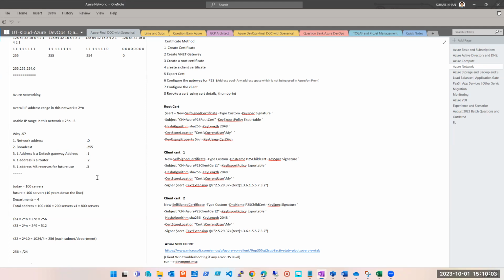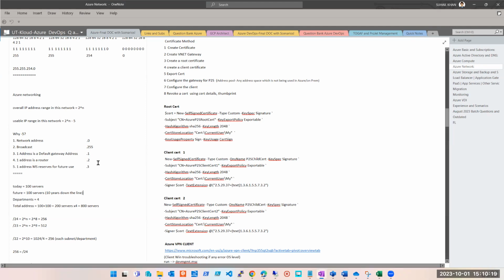And dot 3 is reserved for future use or some troubleshooting purposes. We don't have to worry about it. We don't even see how to use it or what to do with it. Azure does it itself directly. You don't even have an option to assign it, and you don't have an option to remove it. What you have to do is just remember this table, and when an interviewer asks a question,